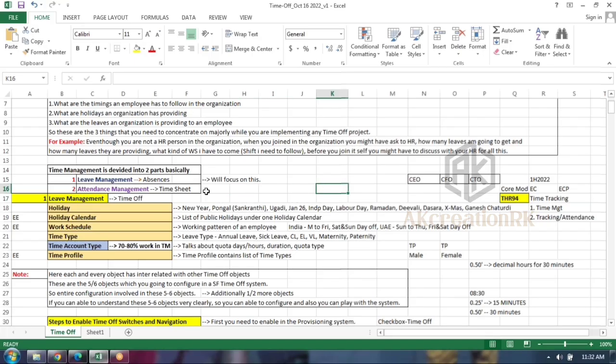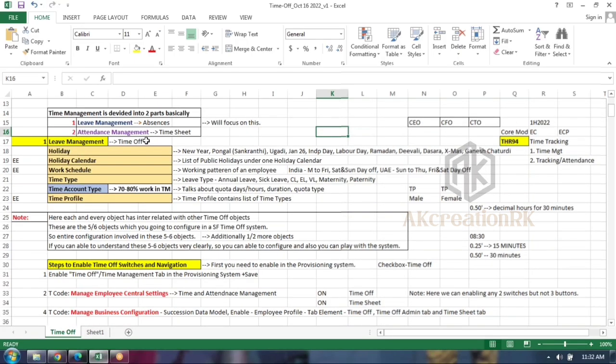Now, let me concentrate on leave management, nothing but options, guys. Here 5 or 6 objects are there. I can say 99% these 5 or 6 objects will give an impact on our time management. Apart from that, one or two hidden objects came into the picture. You need not work on those objects, but you should know those objects as well. But let me concentrate on these 5 or 6 objects.